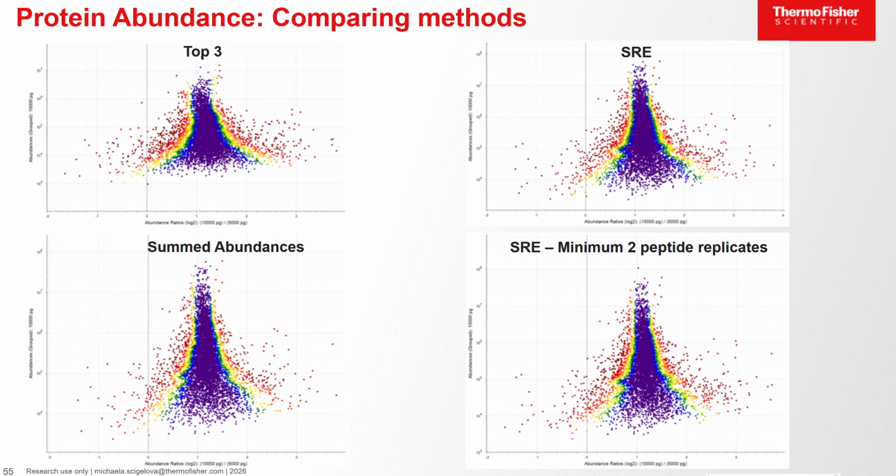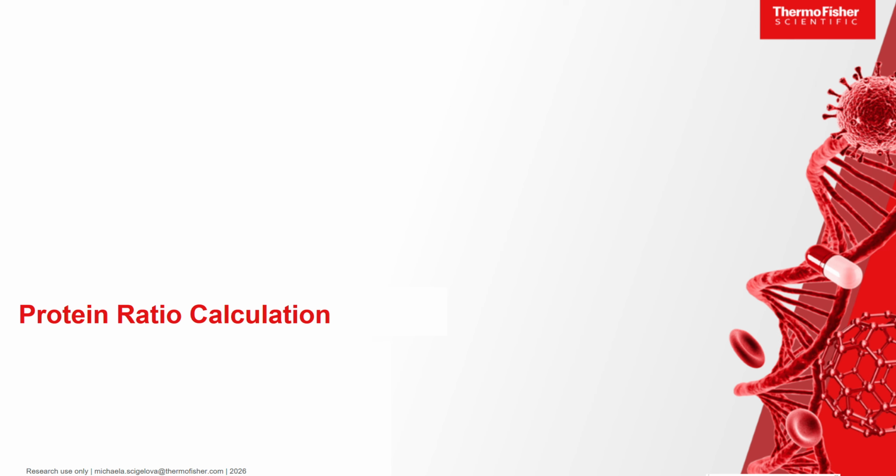The summed abundances look okay, but that can be perhaps improved, as you see in this SRE minimum two peptide replicas. The whole width of the distribution is now narrower, smaller, so it is in a way a better method as well when you look at it in this graphical interpretation, not only the numbers in the